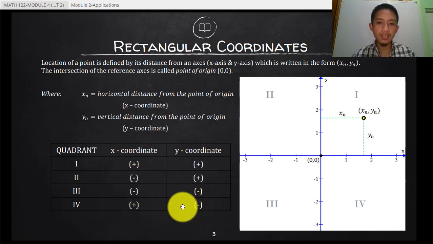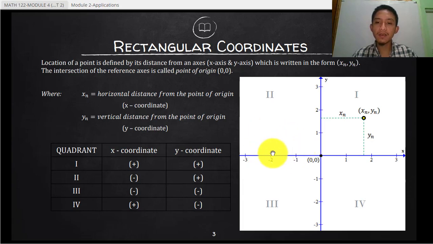So this is again just a summary of these points within your quadrant. But eventually, once you get used to plotting points in your rectangular coordinates, you can actually forget about this, since this is the basics. Okay, so if you consider any point here in your quadrant 2, you will expect that